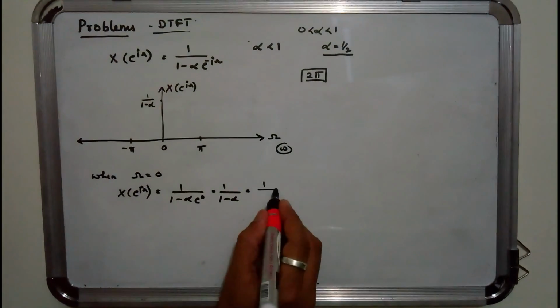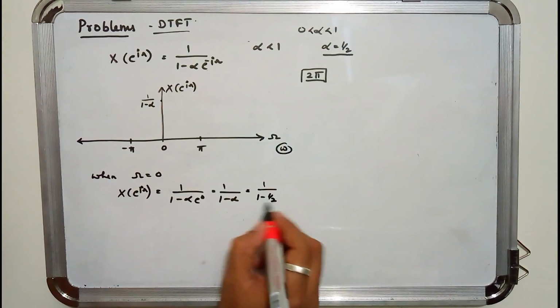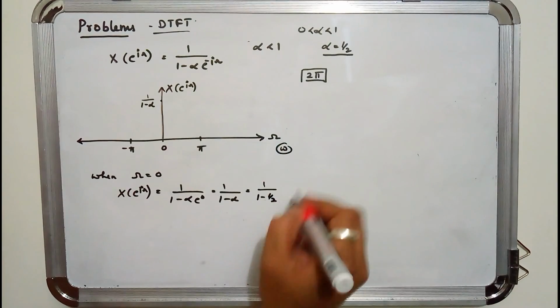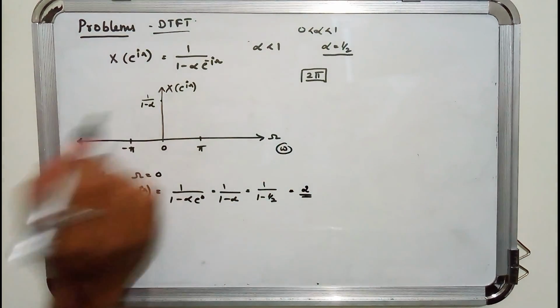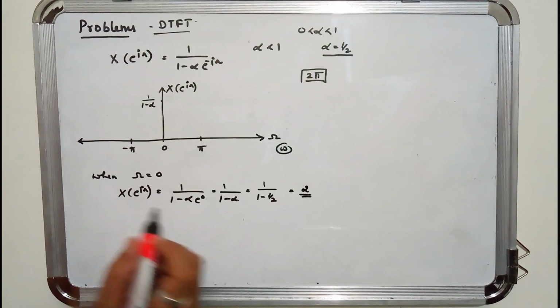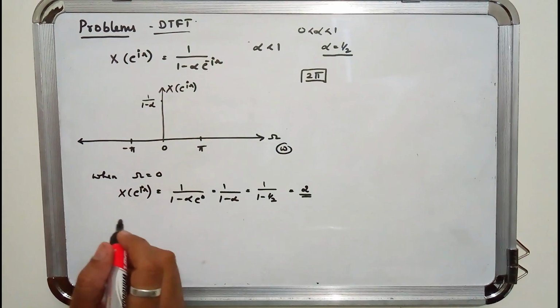It is 1 by 1 minus half. 1 minus half is half, and when it comes to the numerator, it will be 2. So this value, 1 by 1 minus alpha, is 2. Now if I take the value to be pi,